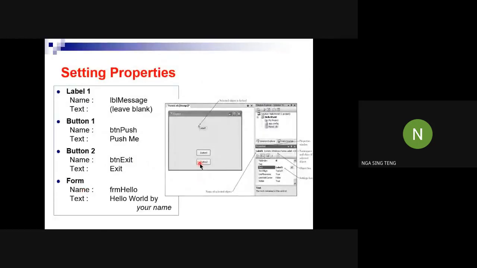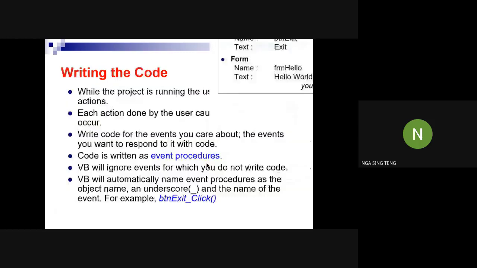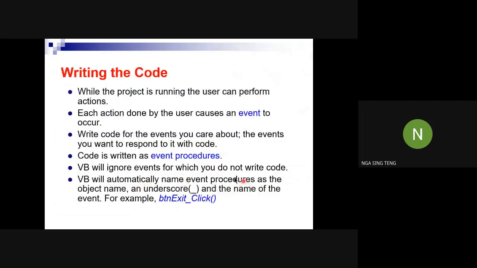If here is the button exit, since this button is the button exit, if you want to apply some code, then I click on this button too. It will show you the code view already. In this code view, the name for the event procedure will be automatically there. This one will be automatically there. So you are going to do